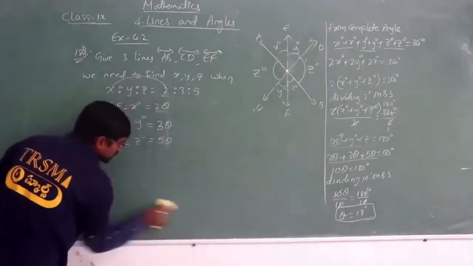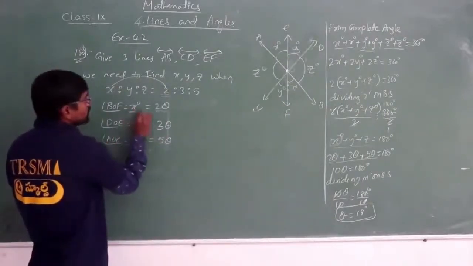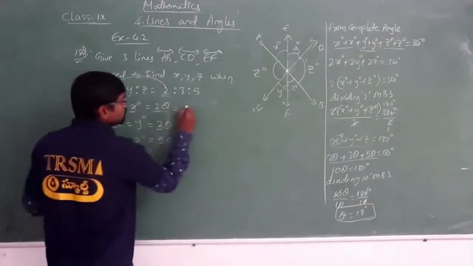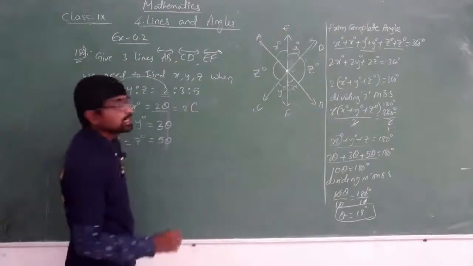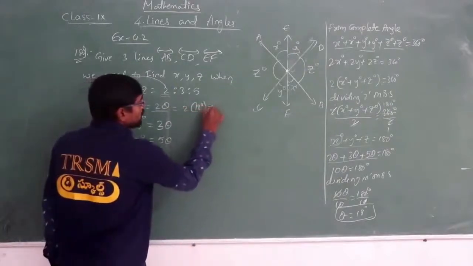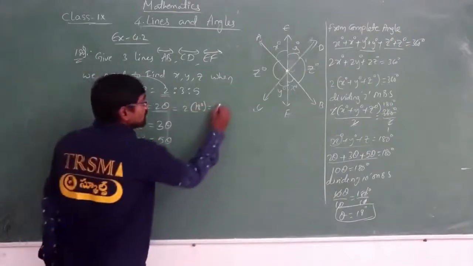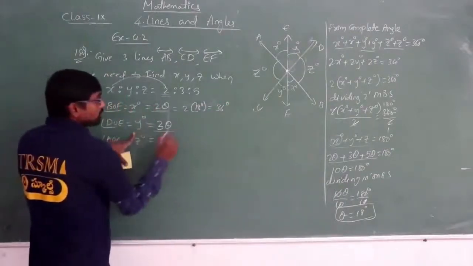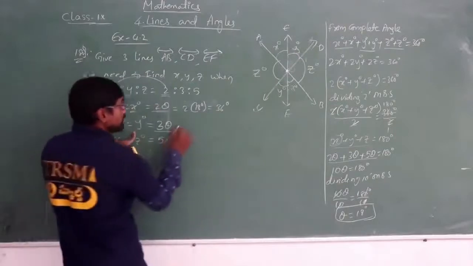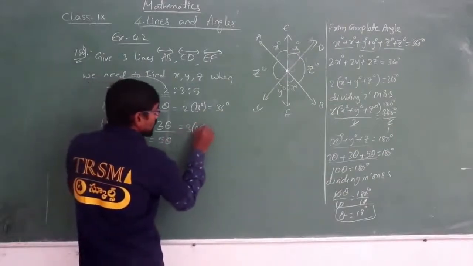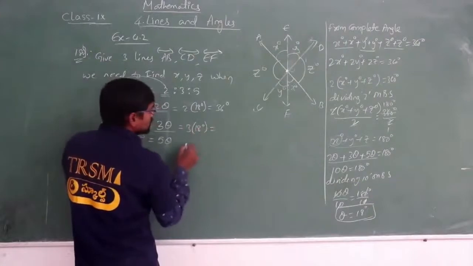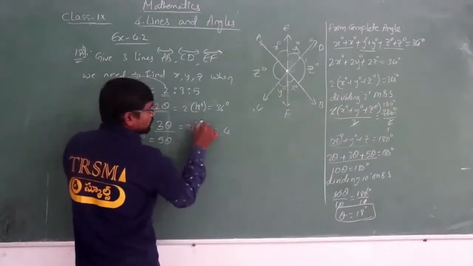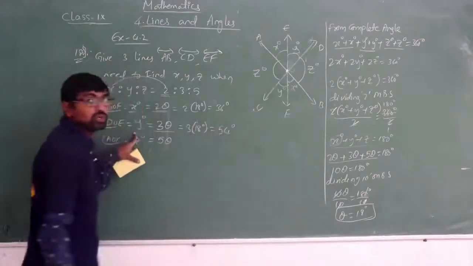Okay, so from here you can see the x value is taken in terms of 2 theta, isn't it? So that is equal to 2 into, what is the value of theta? 18 degrees. So 2 into 18, 18 2s are 36 degrees, isn't it? Similarly, the y is taken in the form of 3 theta. So 3 into 18 degrees, isn't it? 8 3s are 24, 3 1s are 3, plus 2 is 5, so here we will get 54 degrees.